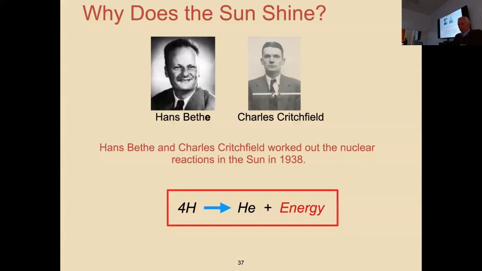Now, so this was all worked out in 1938 by Hans Bethe and Charles Critchfield. And they worked out the detailed nuclear reactions which must take place in the sun. There's kind of a legend about this, partly true. Bethe was actually thinking about what has to happen in the sun, and then Teller convinced him to go to this meeting in Washington of the astronomers, and at that time it came out that